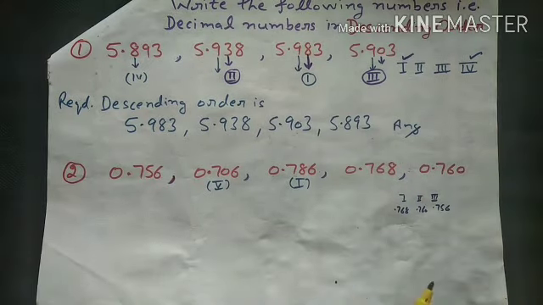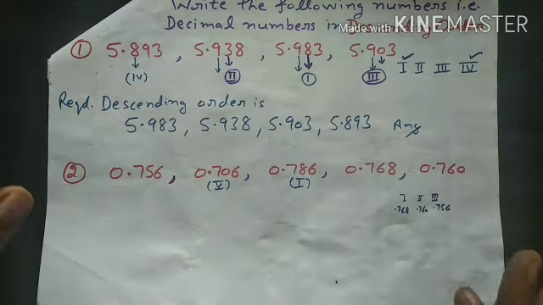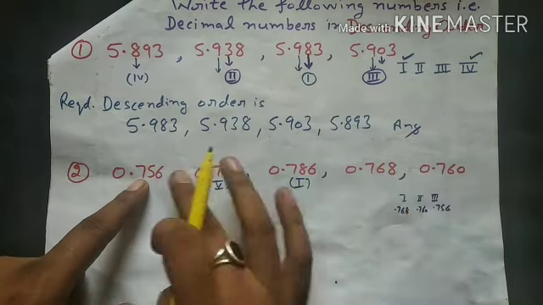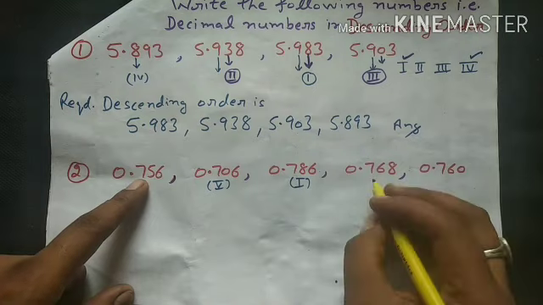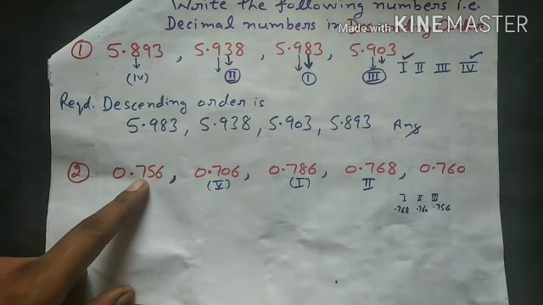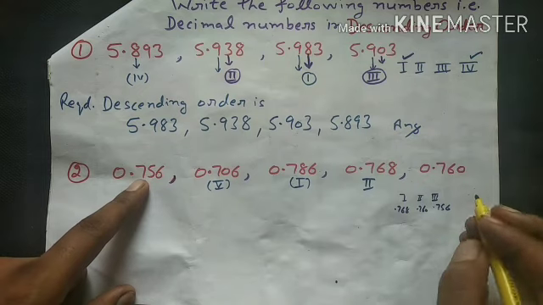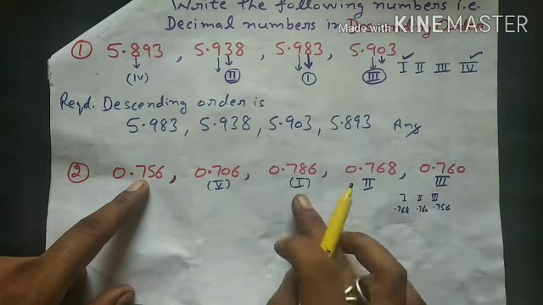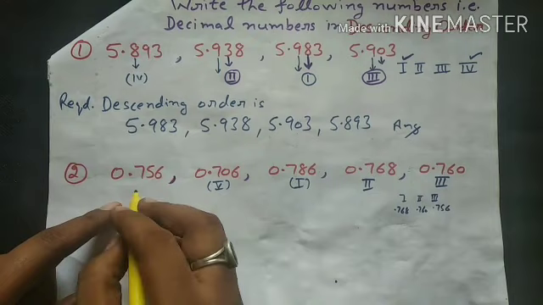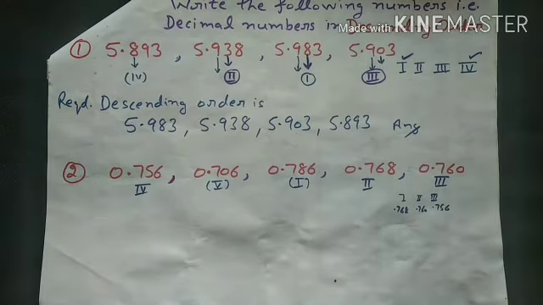So as per this, I will write the first position among 5 is this and the last position is this. Now the question is of these three. So which one is greatest? This one, 0.768. So it will be at second place amongst these 5. Now after that 0.760, then this is at third place. Okay. Now first, second, third, fifth, and this will be at fourth place. So student, in this way we have decided the place of all the decimal numbers.